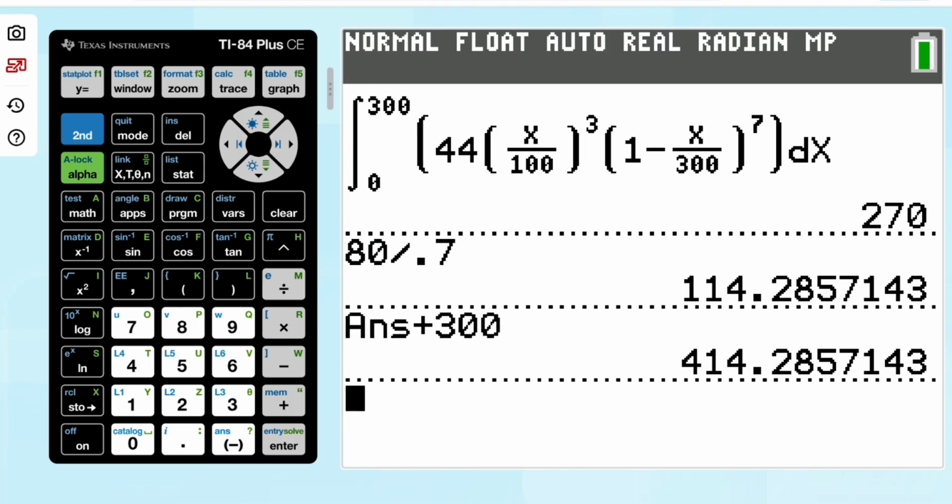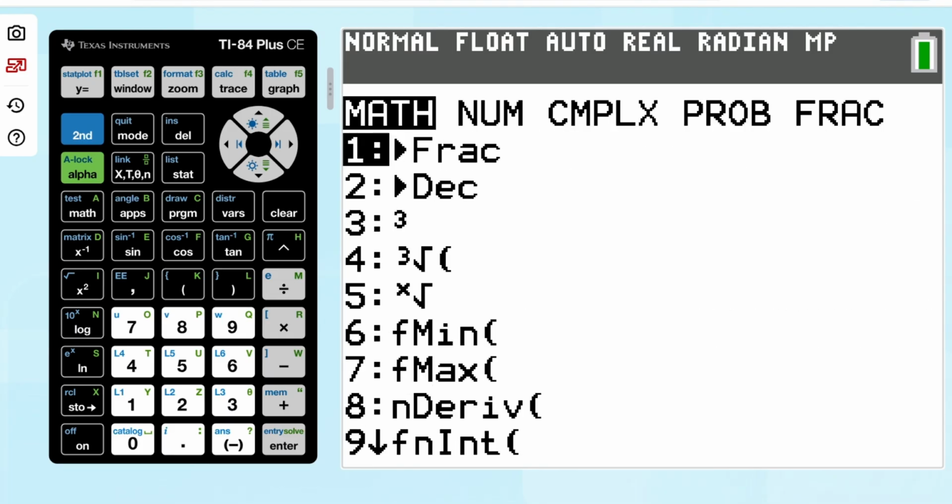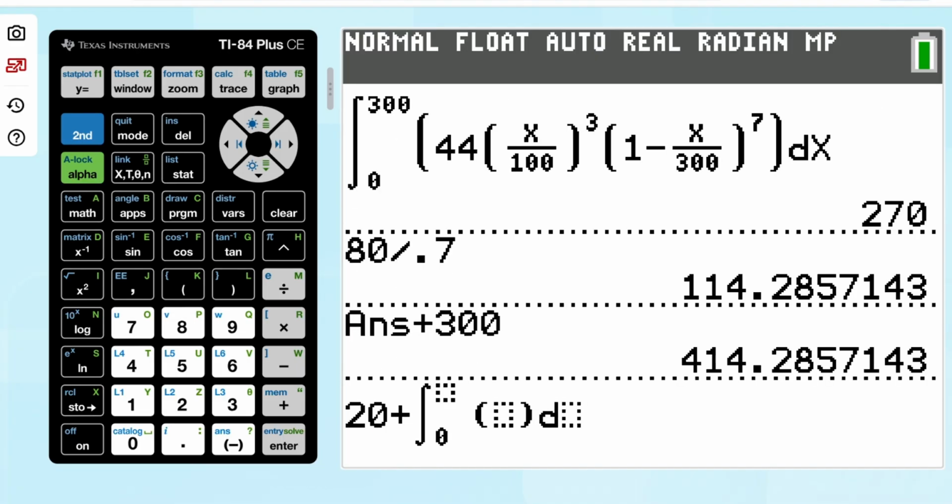So now when I go out of here, I'm going to do 20, and we'll do plus the math, option 9, add the integral here, from 0 to 33.013298 of, now instead of having to retype it all, since I have r minus 0.7 in as y1 in